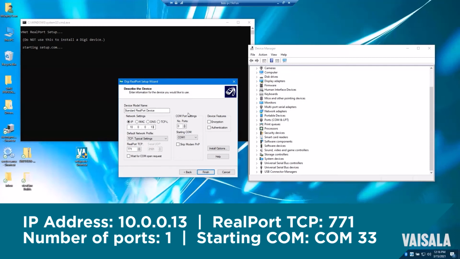And you'll see two other settings over here. One is the COM port settings. It'll give you the number of ports. Number of ports is the number of serial ports that are hosted by the network adapter. With the VNet, it's always one-to-one. As I showed you earlier with the serial ports on the bottom of the data logger that snaps in, that actual COM port is associated with that serial port.